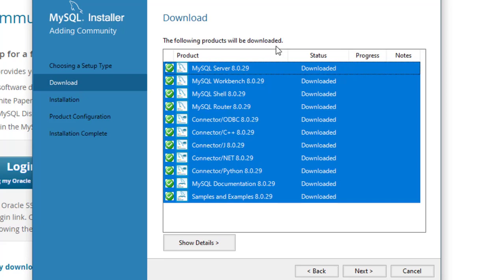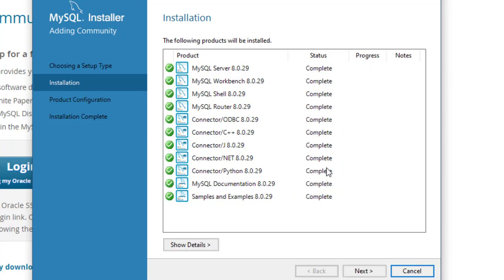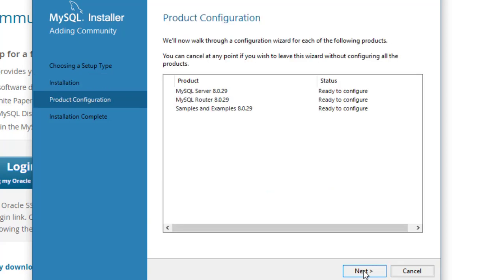All the products have been downloaded, and now we just have to click on the next and then execute. So the installation will start for each and every product. Okay, now all the products are installed. Then we'll move to the next part, and then there is a ready to configure everything. Click on next,